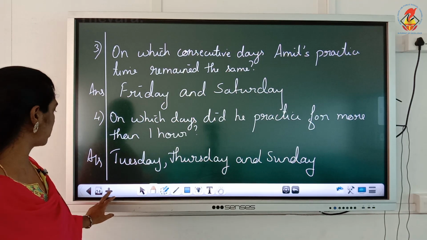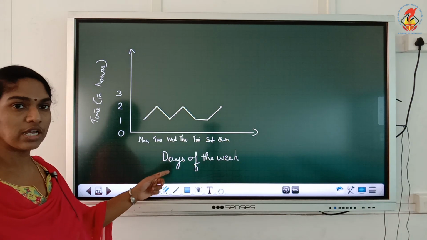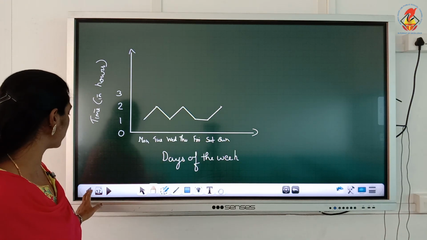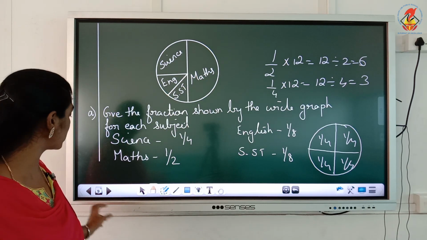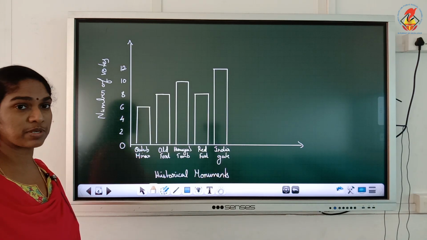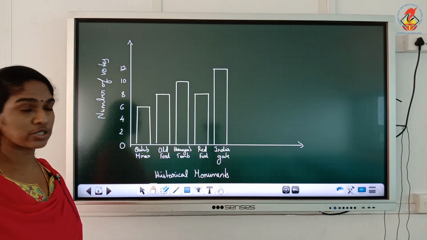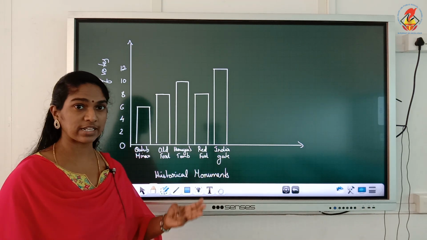Okay. So this is how you represent a line graph, representing in the form of line segments. Then this is a circle graph representing in the form of parts, and this is a bar graph represented in the form of bars. So these are the 3 ways that you can represent data: bar graph, circle graph, line graph.